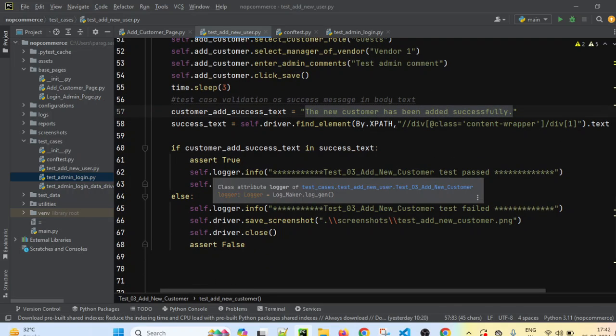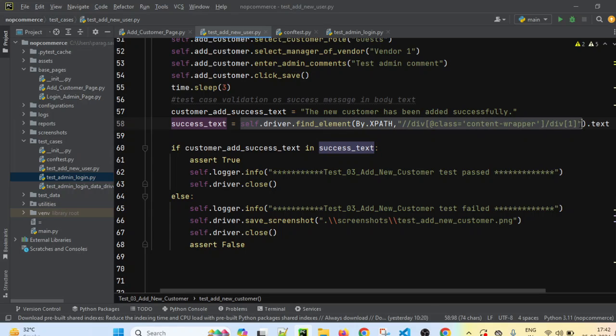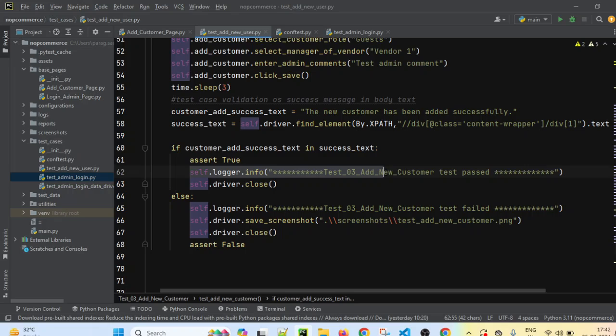I'm just adding the condition here. If the customer adds success text, which is the expected one, is present in this success text, which we are capturing from the page, we compare both values. If both values are matching, that means the test case is pass.